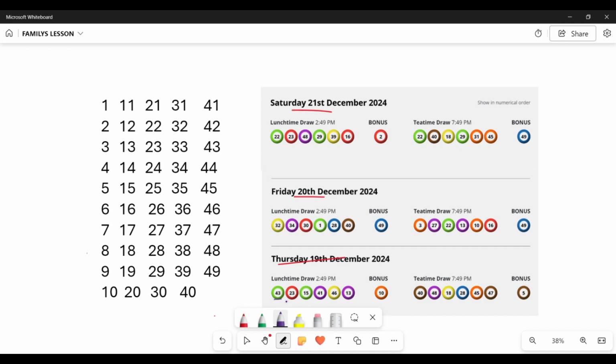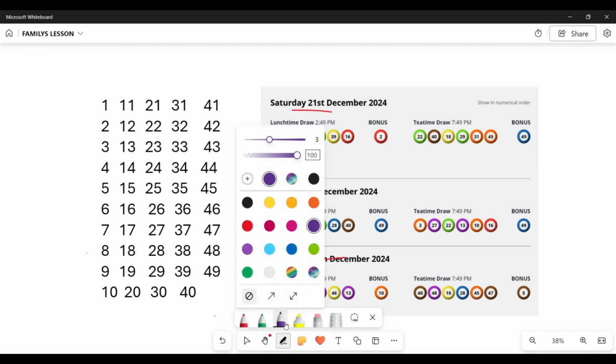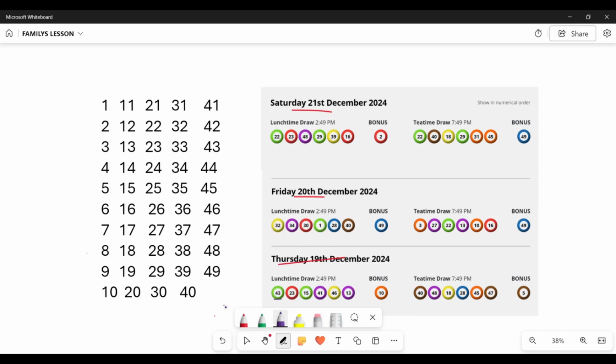We have 43. Let me increase the size. Okay. We have 43 and 23, including 13. You can see this is the families of 3, like I've mentioned, and we have, okay, it seems we don't have any other families. Let's go to the tea time